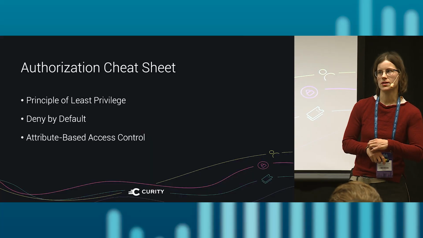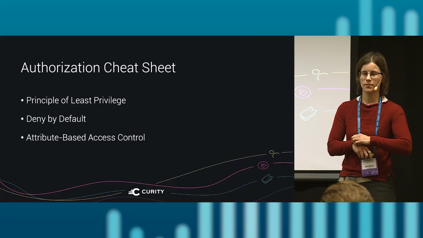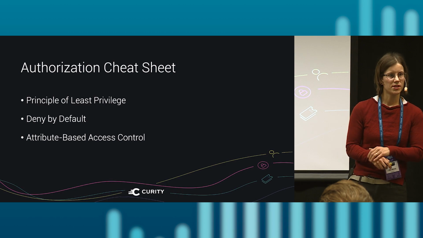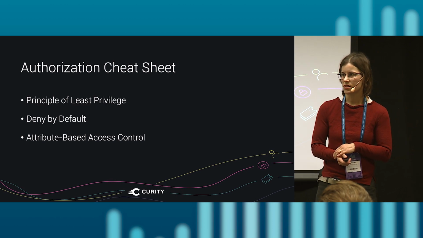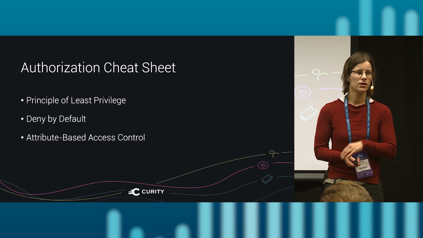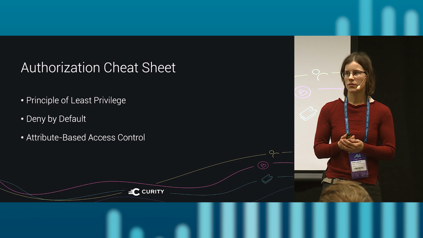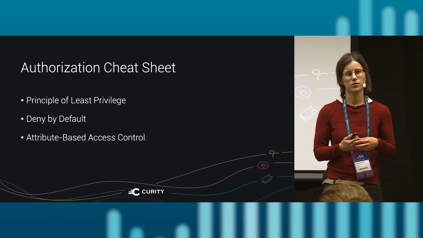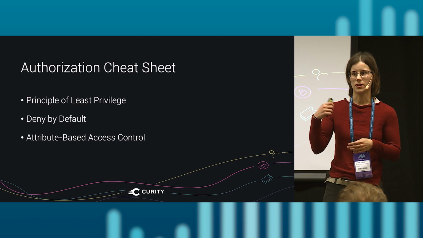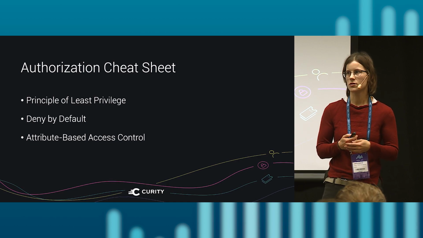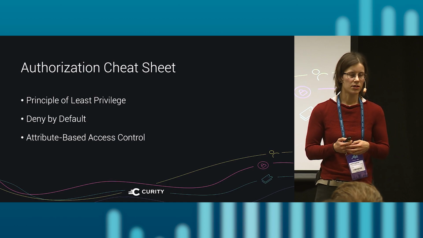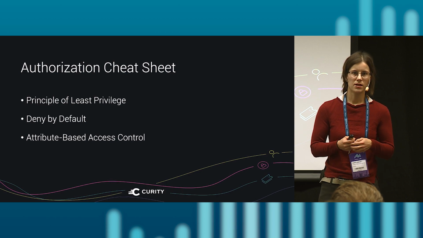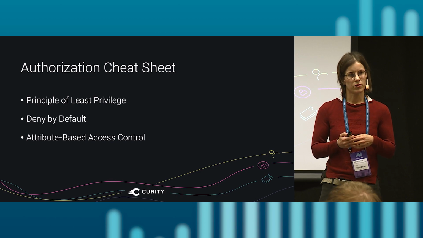When you implement authorization, keep the following cheat sheet in mind. Apply the principle of least privilege. Only assign as many privileges as are required for the current task, not less and not more. If you assign less, users won't be able to do what they are supposed to do. If you assign too much, they will do what they are not supposed to do. If you're unsure, deny by default. And to avoid risks like broken object level authorization,